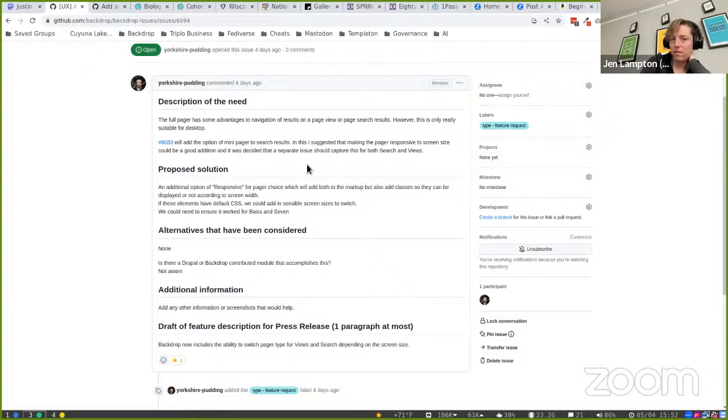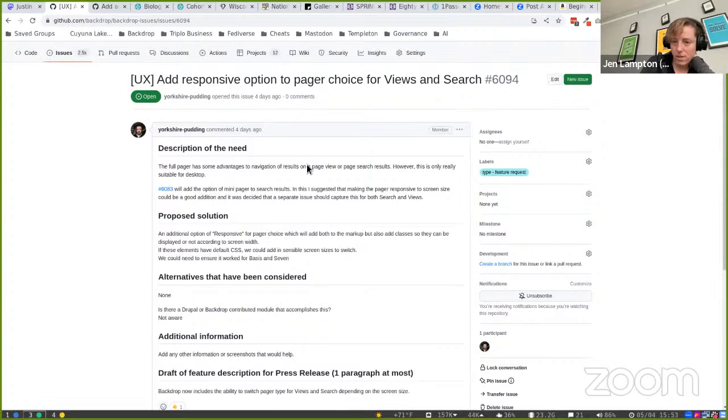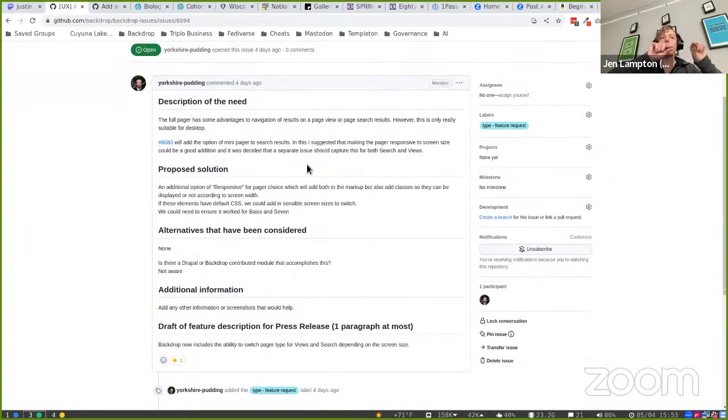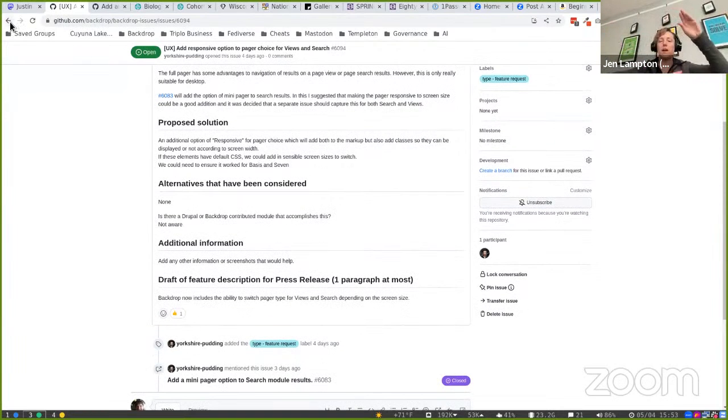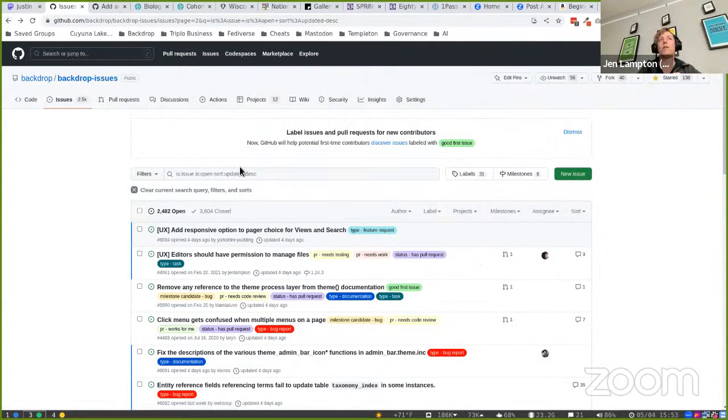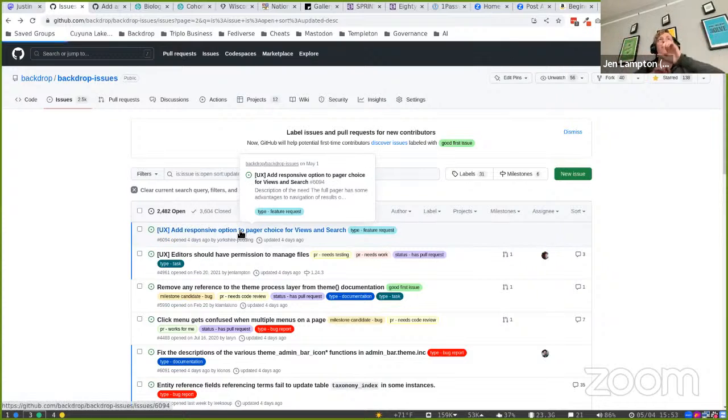I feel like rather than adding a responsive option, we should find a way to make the current options responsive. The problem is that if you're using a full pager, the one that goes previous, next, 1, 2, 3, 4, 5, last, or whatever, it takes a lot of horizontal space. And if you're on a mobile device, how do you make that look nice? I think we need to come up with something that works for both desktop and mobile,